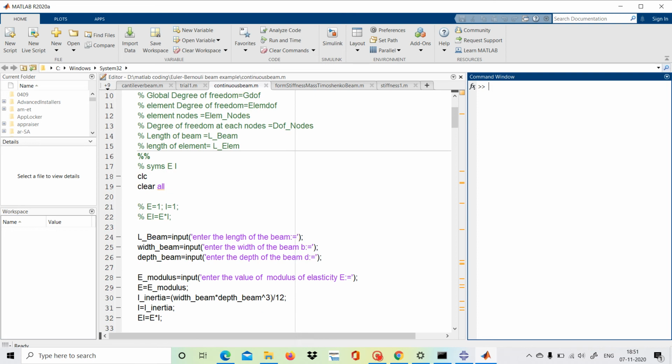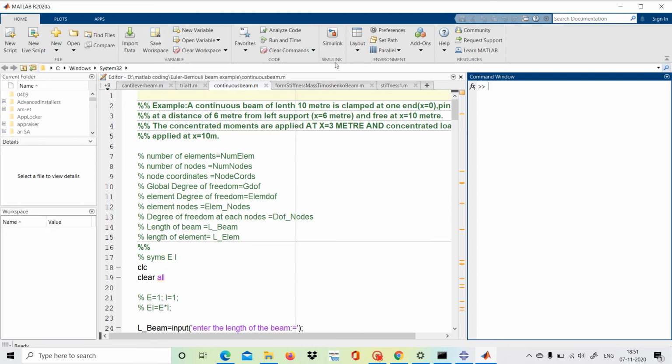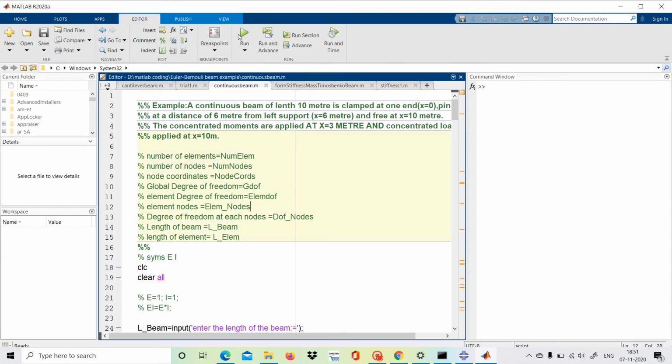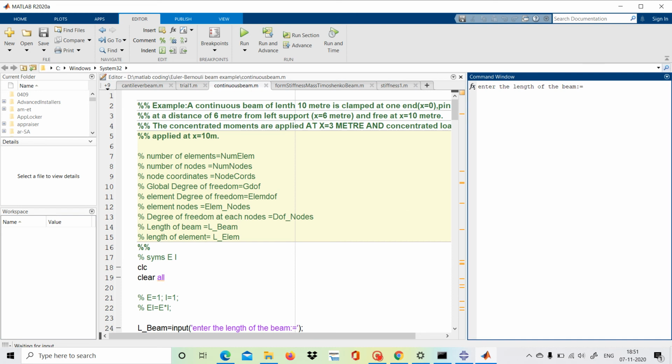We will click run command to input the total length of the beam, 1000, the width 12 and the depth 1, E value was 1, and the spans: first span was 300, second span was also 300, and the third was 400.